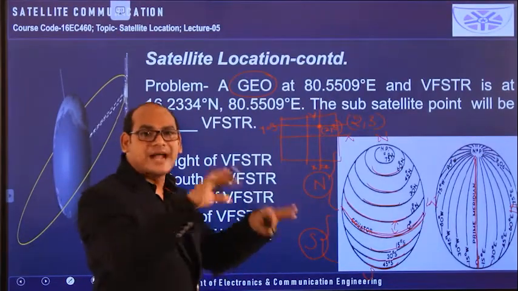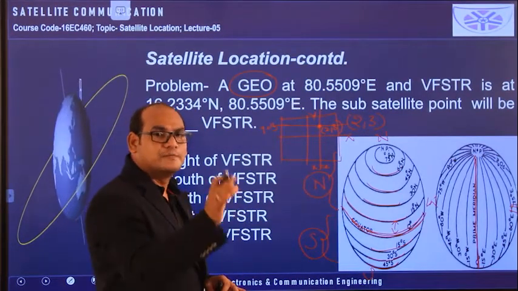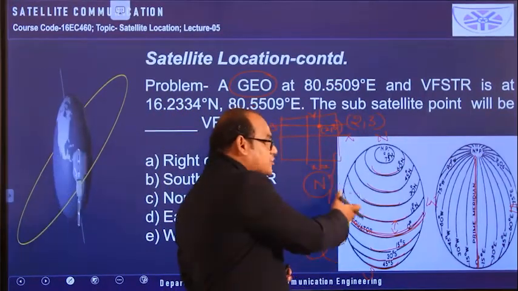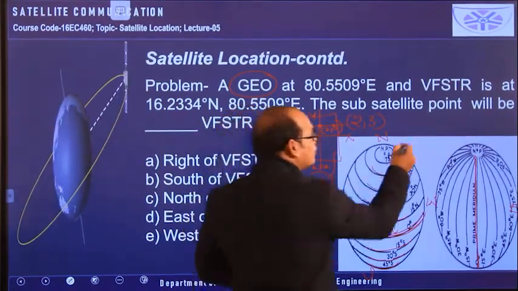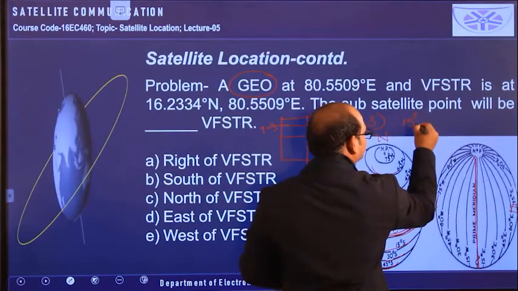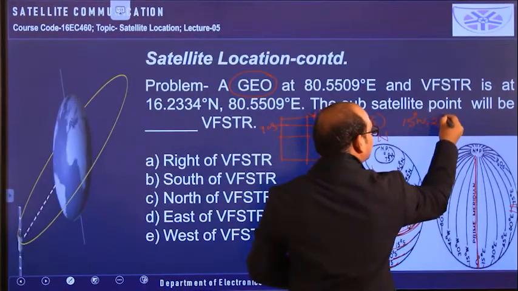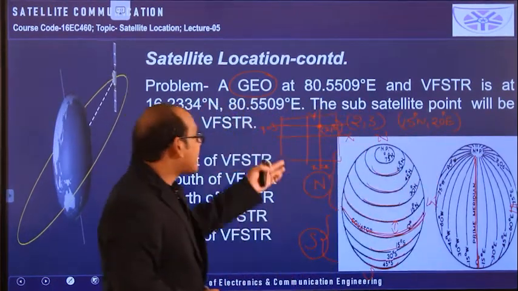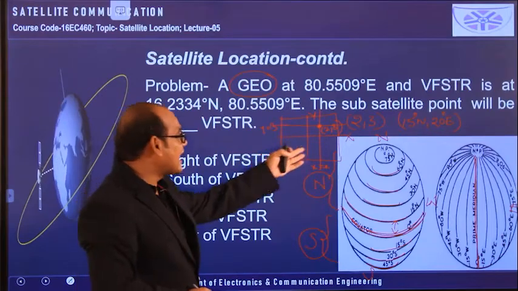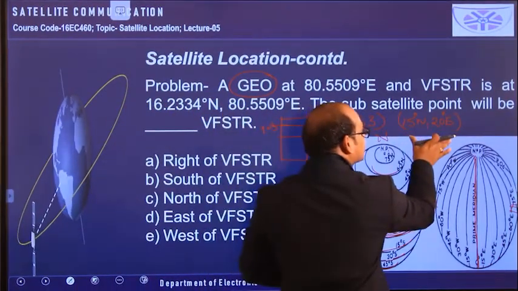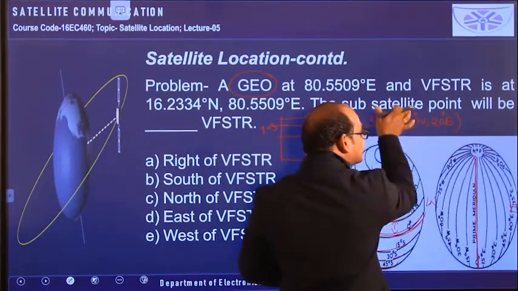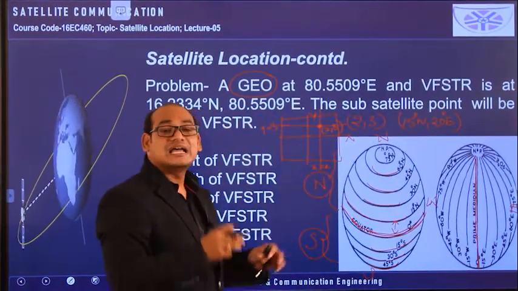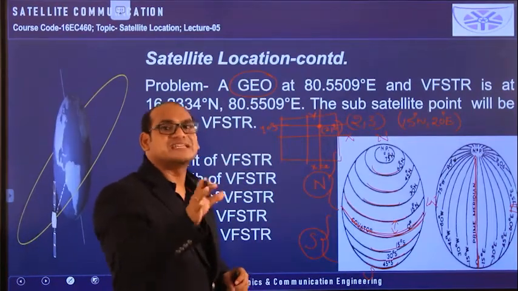Similarly, to locate any position on the earth, we again need 2 coordinates. These are latitudes and longitudes. If I give 15 degrees north and 20 degrees east, these are called geographical coordinates. This is the Cartesian coordinate system that we saw, and here it is geographical coordinates. Those values are given as 15 degrees north and 20 degrees east. By having those two values, that is indicating only one position on the earth's surface.